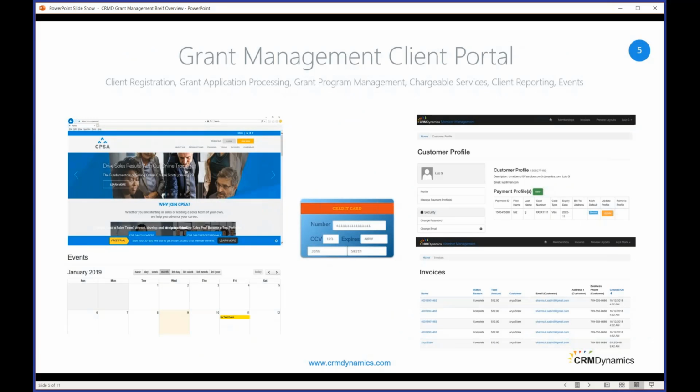Grant Management Client Portal. We can take the portal and modify it to the CSS, the cascading style sheet you apply in your own organization's portal, so we can have the look and feel match what your current portal has. In the portal, we have everything from registering one of your grantees' information, applying for the program, and uploading documents. You can show a calendar of events or due dates. And if there's any type of fees they have to pay, you can actually capture payment for those fees